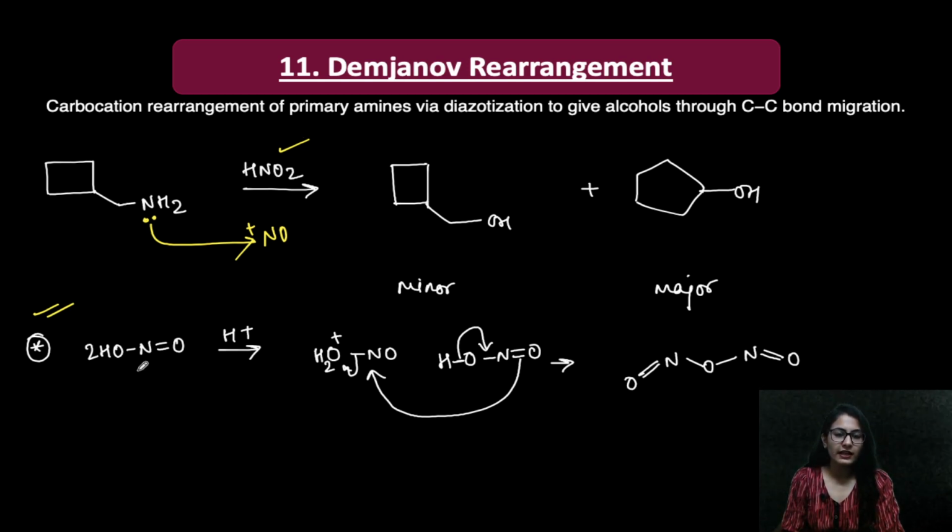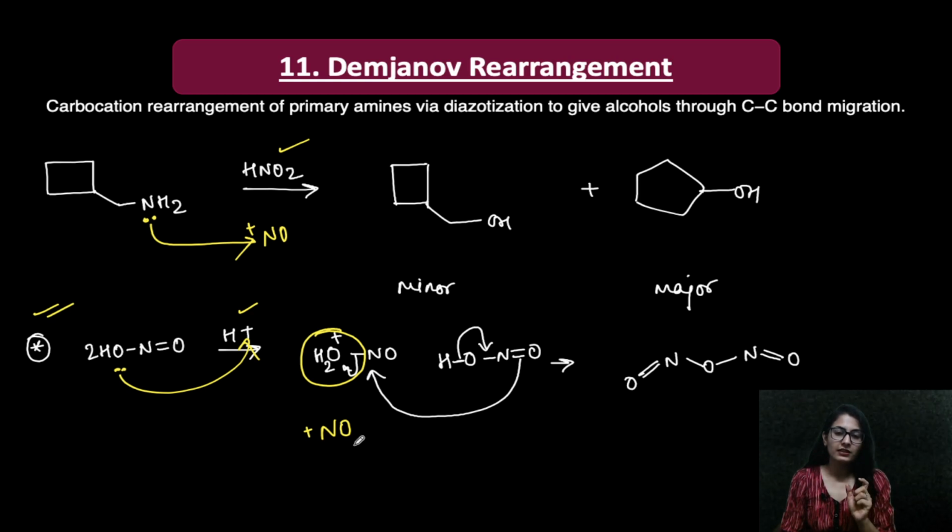You have your nitrous acid like this, HNO2. It is going to be protonated. Alright, so self protonation is going to take place. It's going to take up a proton. Further, it's going to form a hydronium ion. Now you know that the hydronium ion is a good leaving group. So I think this is how it is represented in many books, that